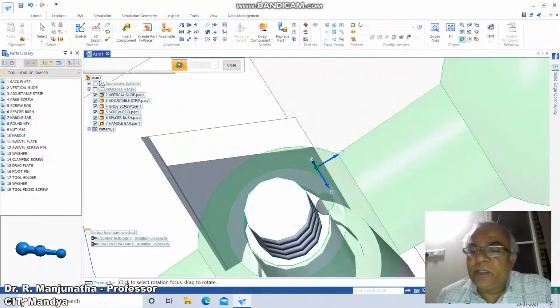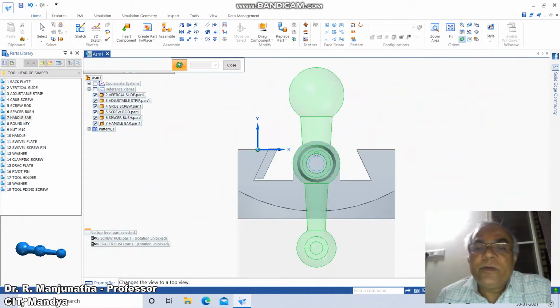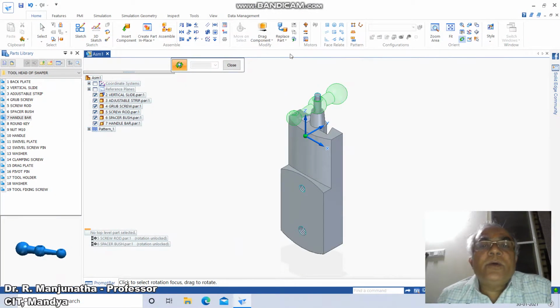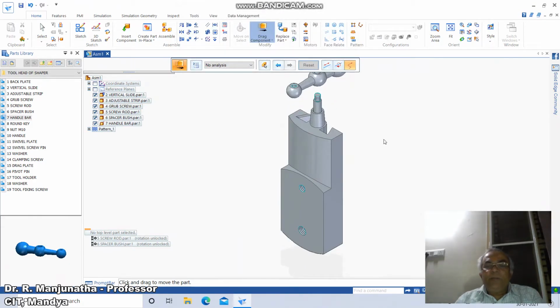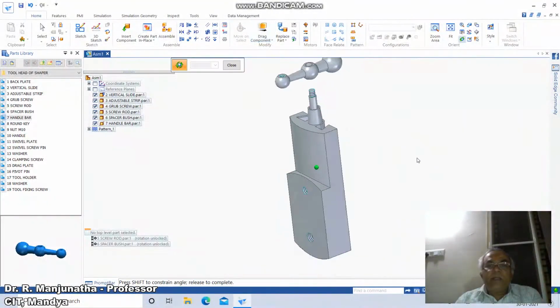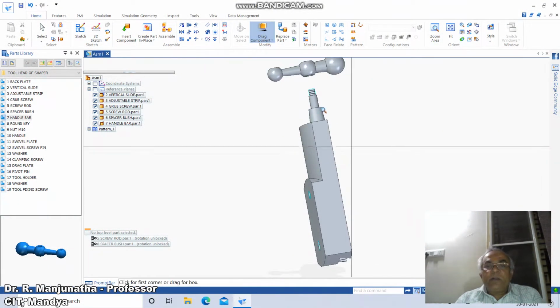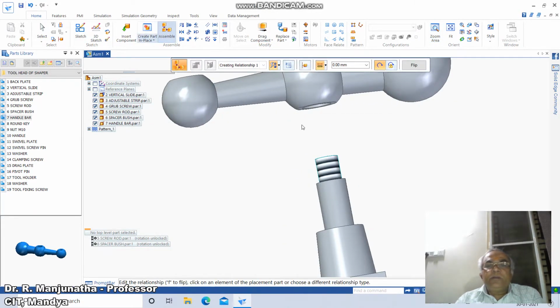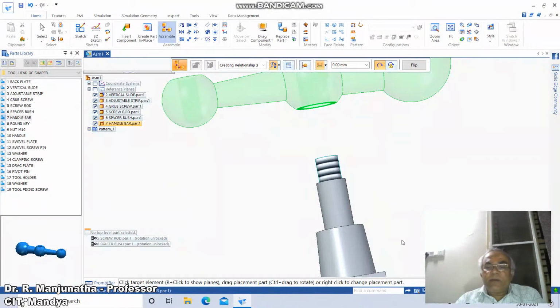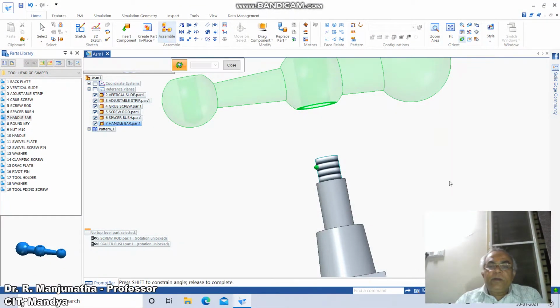When you go to the top view, both are aligned here. So now to this we'll go for isometric. Now we're going to drag the component and say OK. So move it out, then go to rotate, then bring it to zoom window, go to assemble. So click on this face with reference to this face now.